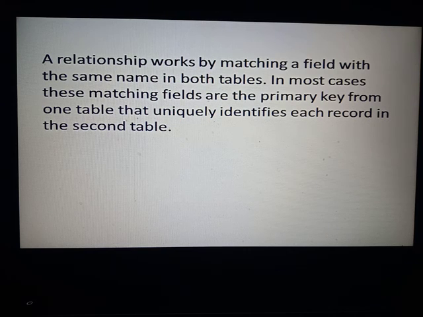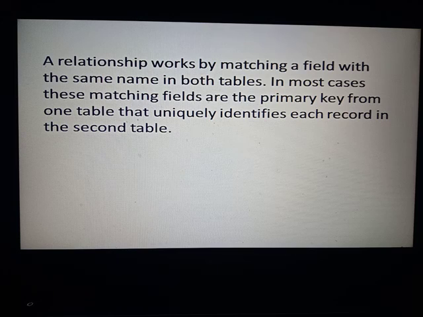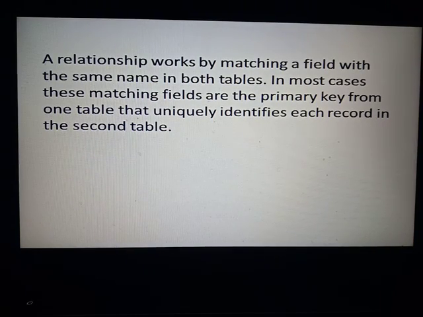When the two tables have the same column name or field name, then we can have a relationship between the tables, and we can make the relationship with the help of a primary key. And primary keys are unique keys, that means the data will be unique. Like your roll number, every single student has a different roll number, so if we have a column of roll number, we can connect that column to another table which will have the same field name, roll number.